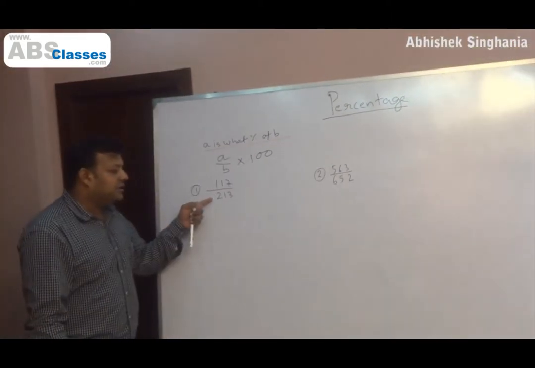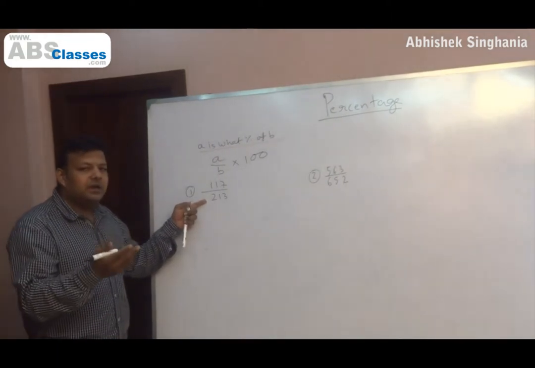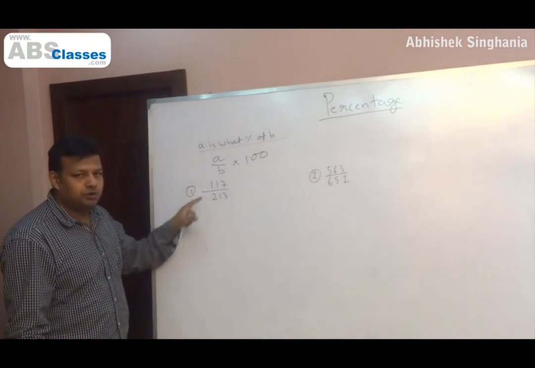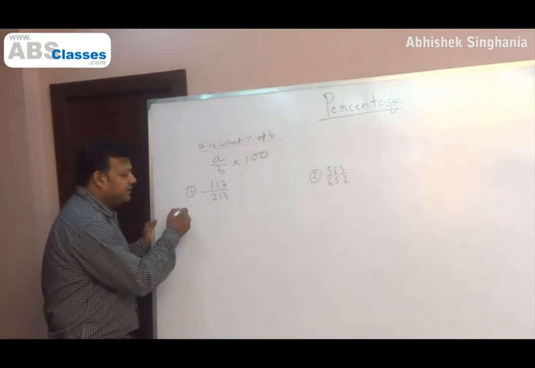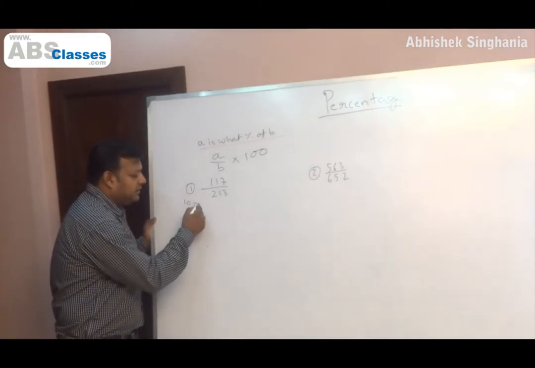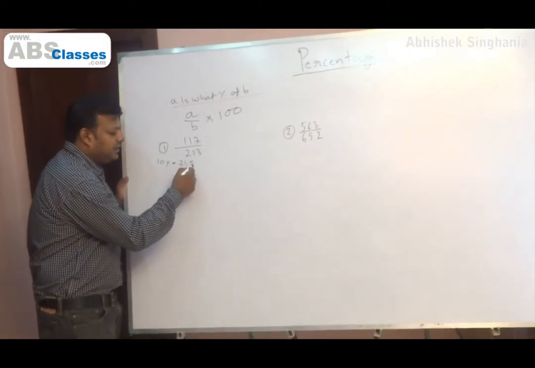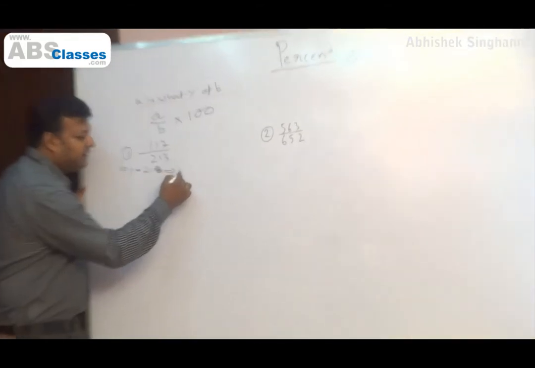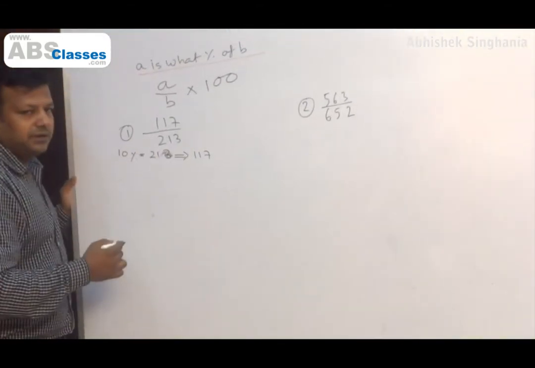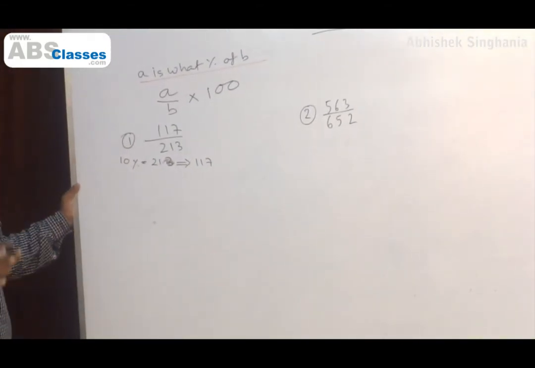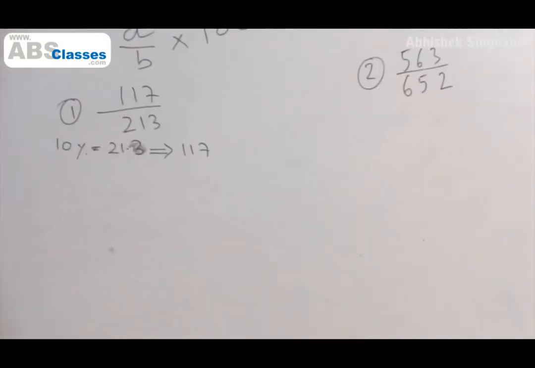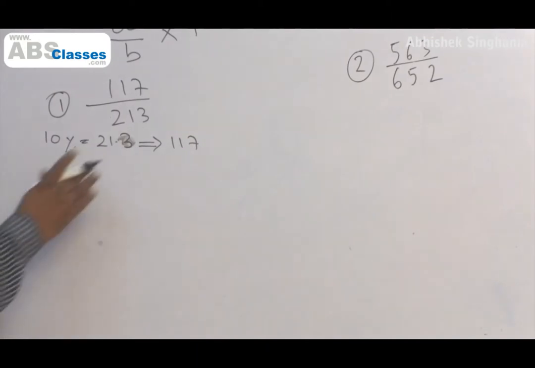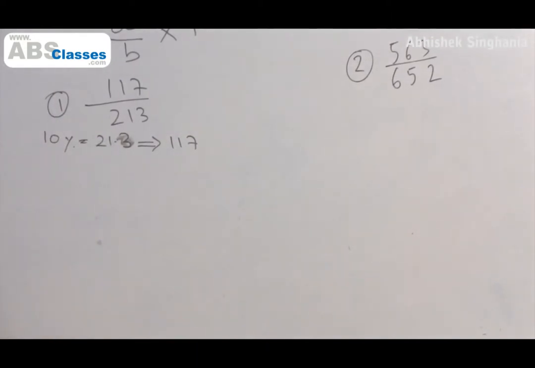So a convenient percentage of 213, which means one we can calculate very easily, and which we know 117 is close to. One way of doing that is to look at 10%. 10% is 21.3, and 21.3 will go inside 117 how many times? We can take a rough approximation, maybe 4 times, 5 times, 6 times, whatever first comes to our mind. We should not waste too much time at this step. That is our starting point.